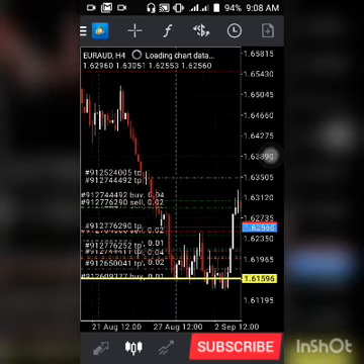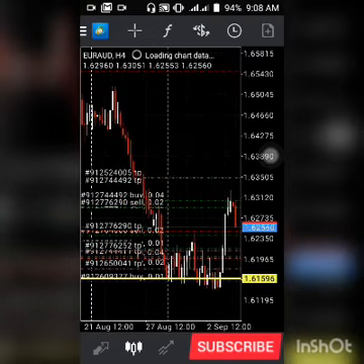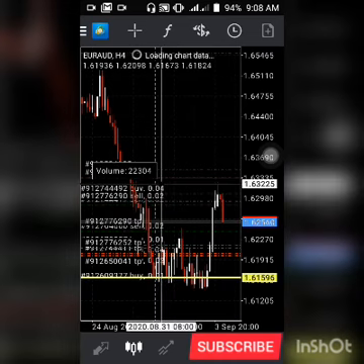So this strategy is only used on our H4 time frame. That's where we use the strategy. So whenever it's the beginning of the week, you wait till Wednesday and count 15 candles from your opening candle of the week. In a week you have 30 or 31 candles, so you count 15 candles from the opening of the week till the middle of the week. Then you put a horizontal line